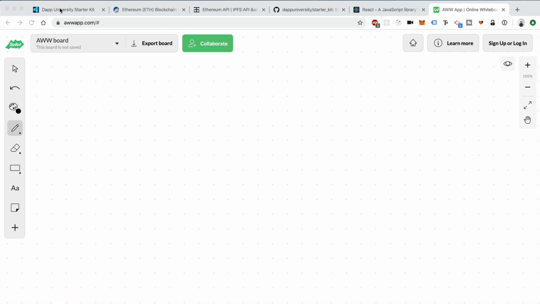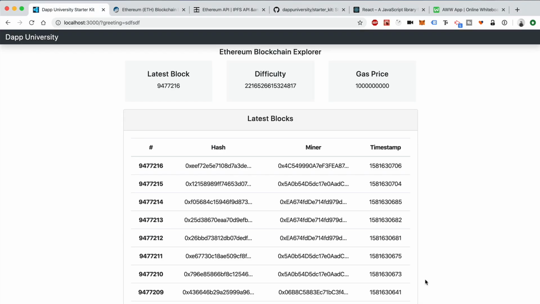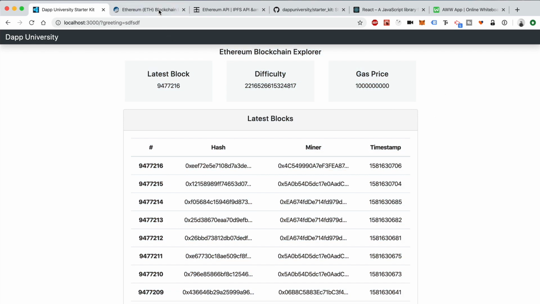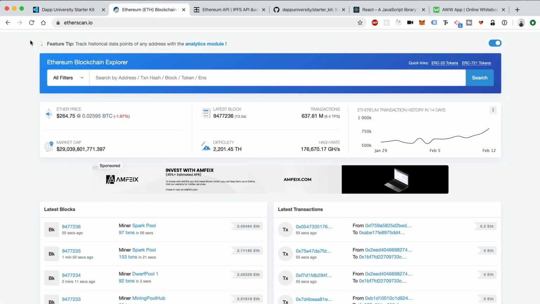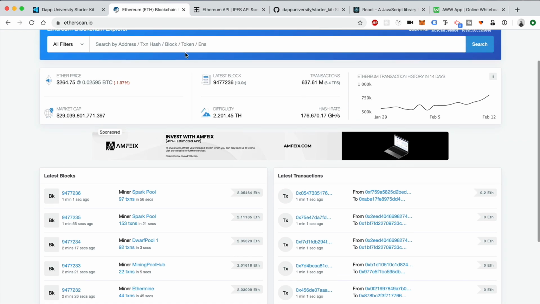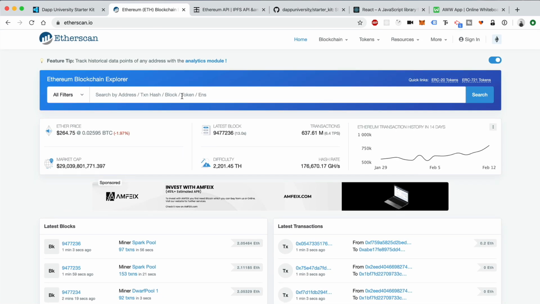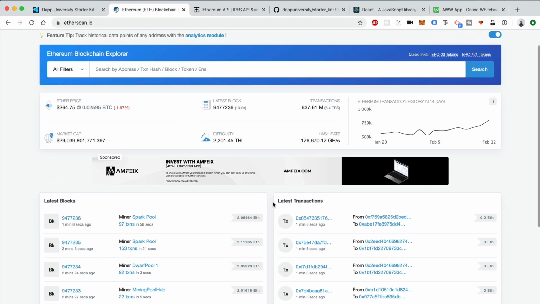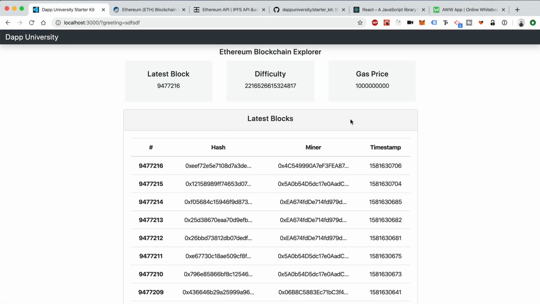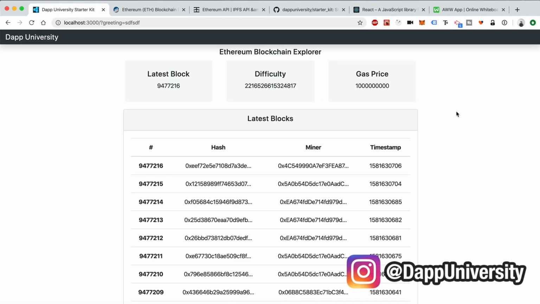So today I'm going to show you how to build a blockchain-based website. Here's actually the finished project that we're going to build. This is a blockchain explorer, a lot like Etherscan. So this is Etherscan, if you've ever used this before. It's a block explorer that allows you to see the latest transactions. You can search for accounts, look at cryptocurrency transactions, and find out any information you want about the blockchain. So basically, we're going to build Etherscan Lite today